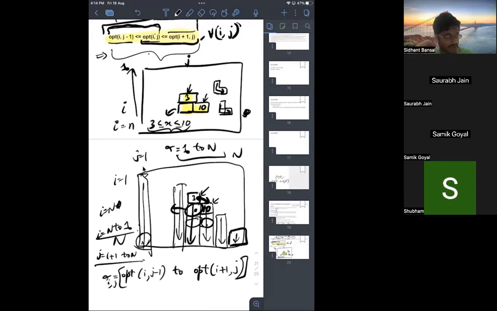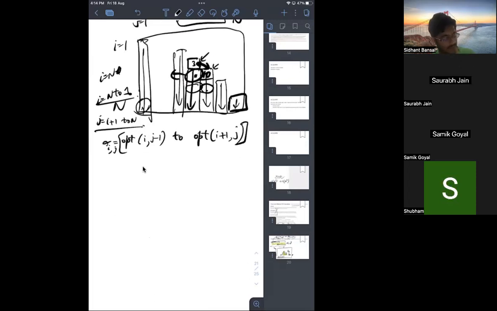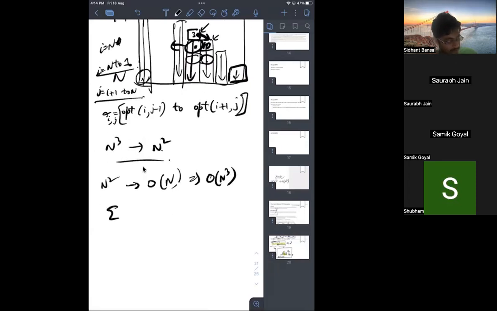So that's Knuth optimization. And the reason why n cube drops to n square is pretty straightforward to see. Your total cost of doing all these things is, so you have n square states and each state used to take order n time. So that's why the original complexity was n cube, right? Your new complexity is for all I comma j pairs, your calculation takes time opt I j minus 1. Sorry, opt I,